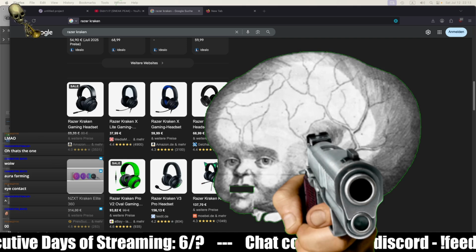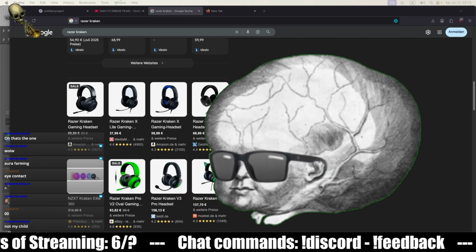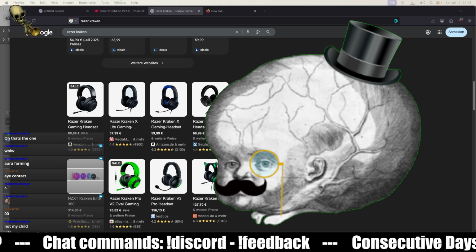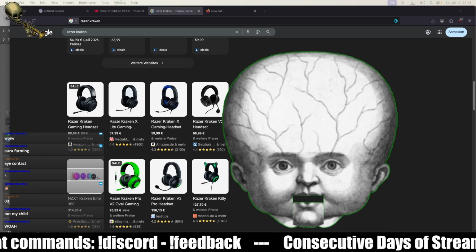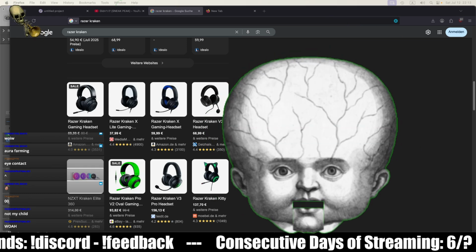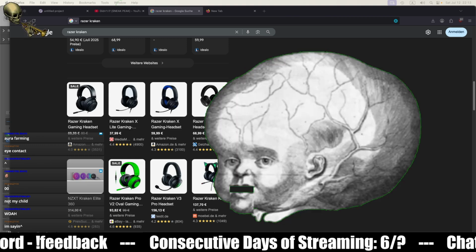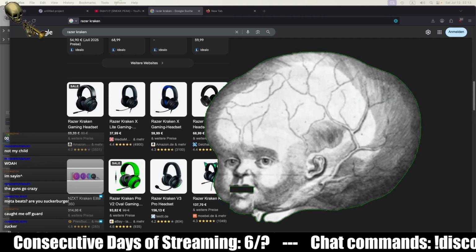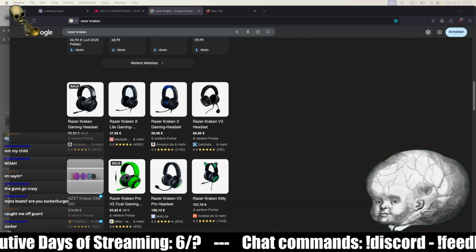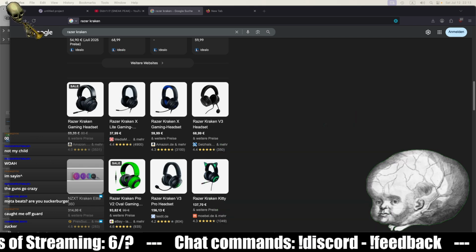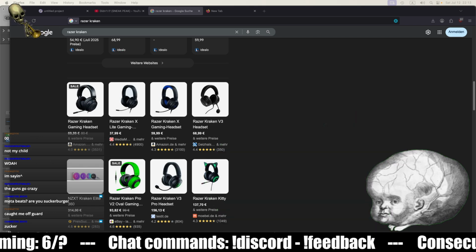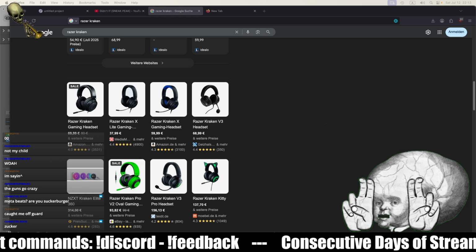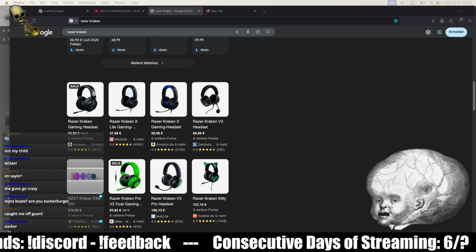This always gets the best reactions. It isn't the gun. It isn't the 2 guns. It isn't the hands. Okay, it isn't the fancy one, but this one. I also have recently acquired hands, and now I can do quote unquote finger quotations.